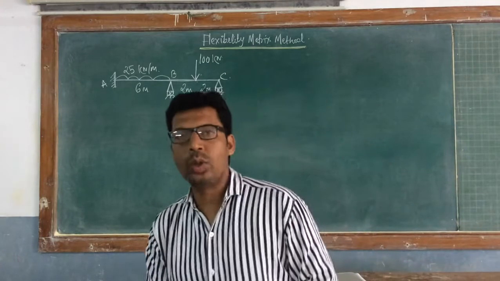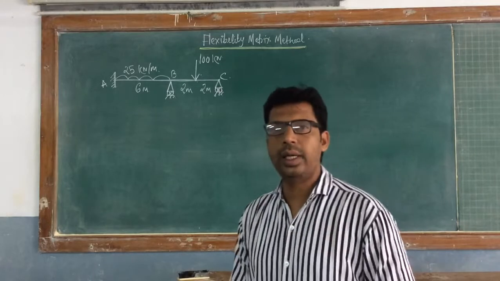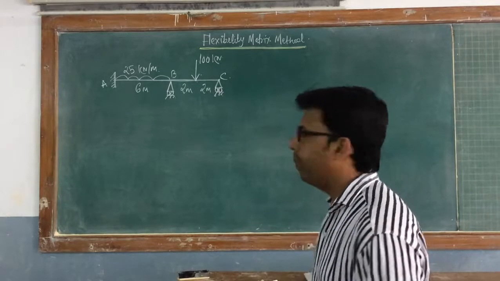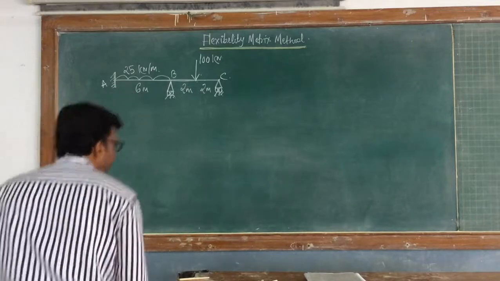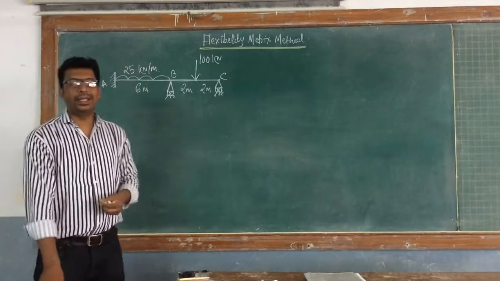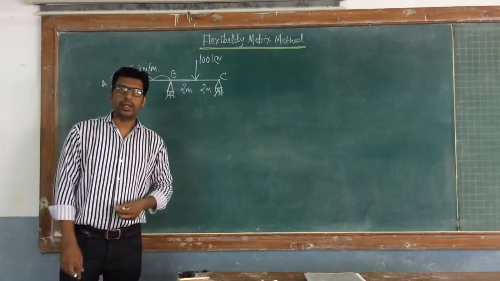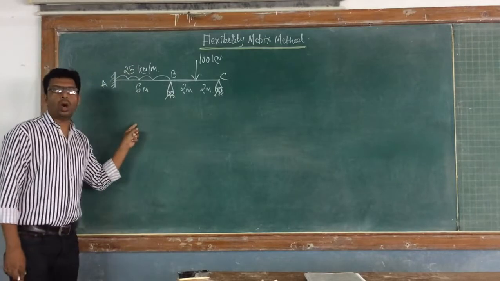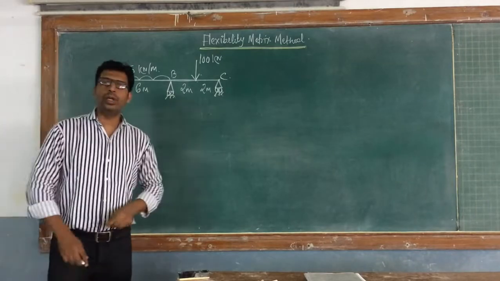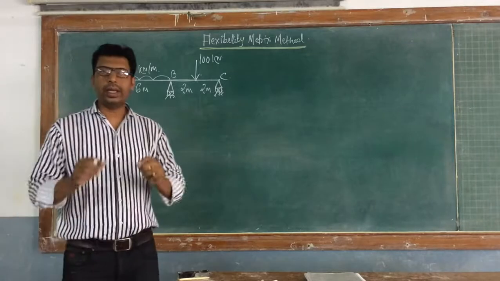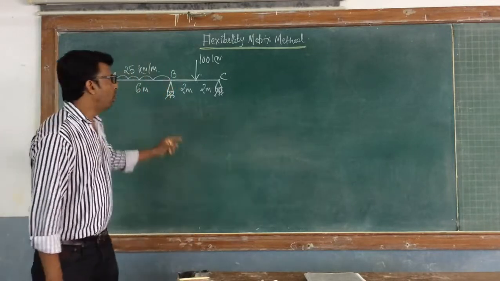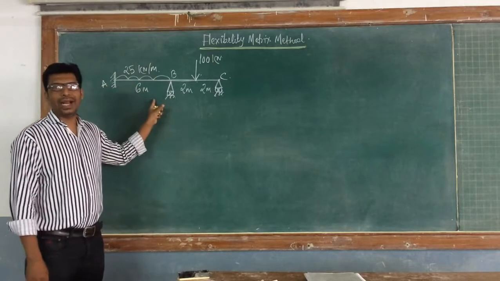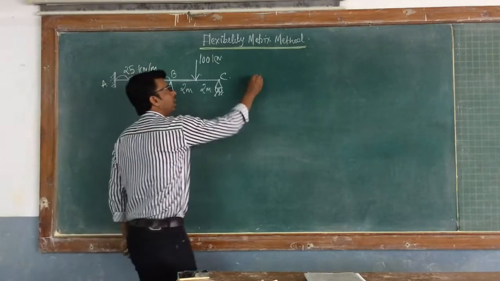Okay, so step number 3 in the analysis of indeterminate beams using flexibility matrix method. After you determine the degree of static indeterminacy, the next step is to draw the release structure and unit load figures. Now, what does release structure mean? Release structure means once you calculate the degree of static indeterminacy,